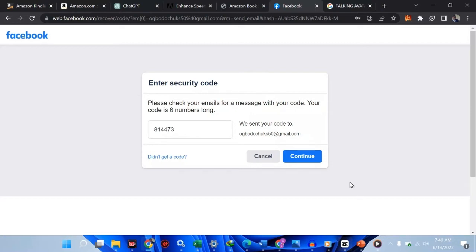So that's why I advise you use your Gmail. Before, it's just phone number you can use, but now things have changed and we can use our Gmail. So from now I'm going to hit continue. Then I'll tap on continue. Then when I tap on continue, it should load and give me my first